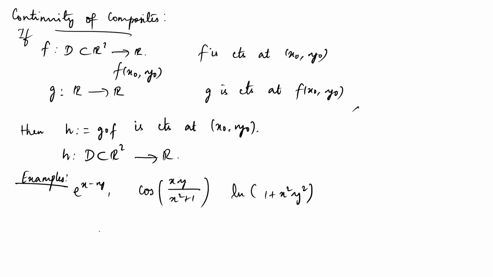These are examples that I have given you. Just tell me what is function f, which has to be a function of two variables, and g is a function of one variable. So tell me what is f of xy, and let us have it as g of t. Yeah, try it, guys.